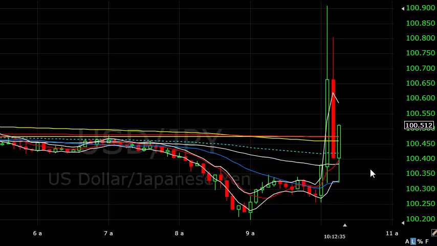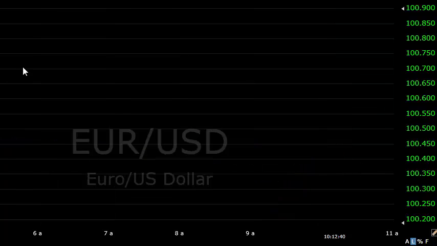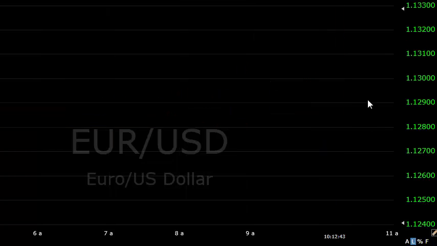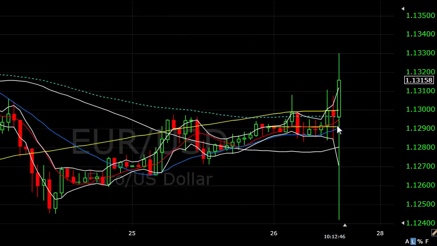But interesting moves here. Now let's see if this yen does start coming back up and the euro starts coming back off. What could happen is we end up with spinning tops on these. The euro is set for potential on the hourly chart here for a spinning top candle. So it has the potential to complete on a spinning top, and that could then be it.